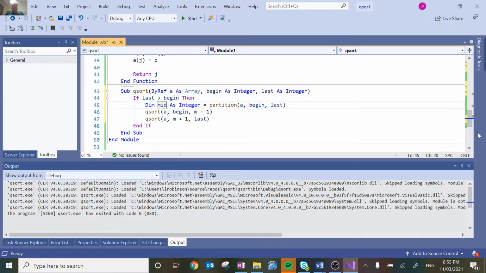This M, midpoint is probably a better thing to call it than just M. I'm going to just change this to mid. And what this is going to do, essentially we're going to partition the list, this array, into a beginning and an end, right? Essentially that's going to find our middle value and split things, find that central value, and then we can run this list sort again using that middle value